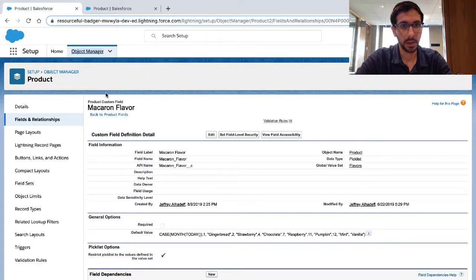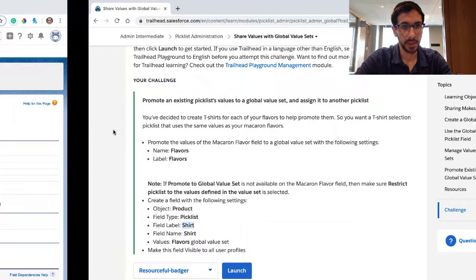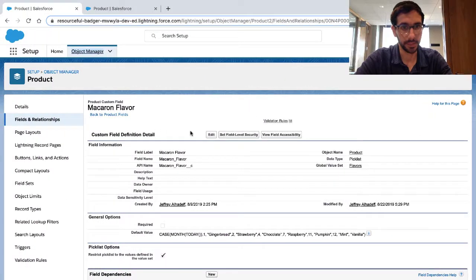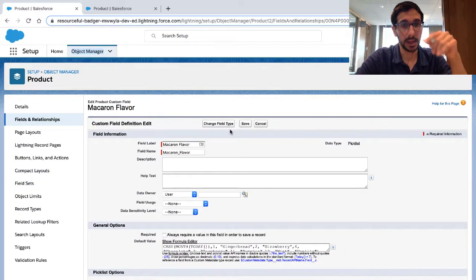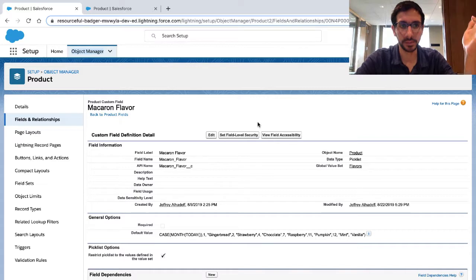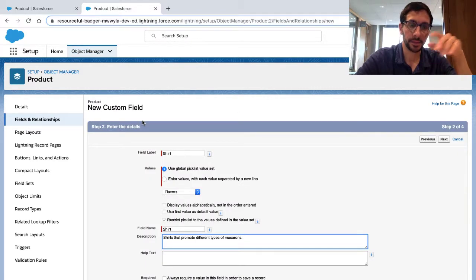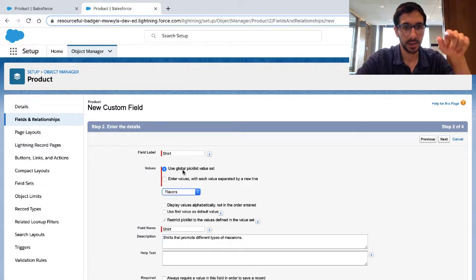Okay, so I went over here. I went through the process. I found macaroon flavor, clicked edit. I had the first time around the option to promote it. Don't have it now because once something is a global set, you can't promote it again because it's already global. There's not like another level past that. And then I just created this new field, shirt flavors, using the global picklist value set of flavors,